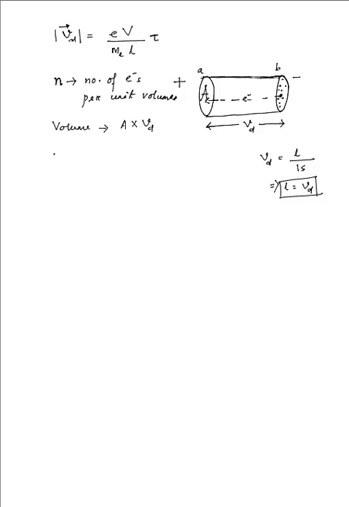So let N, capital N, be the total number of electrons that are flowing. So that will be equal to this small n that we had, that is the number of electrons per unit volume, multiplied with the given volume. So that will give me N equals n times the volume being A times Vd, where Vd is obviously the drift speed, and here equal to the length. Now this being the total number of electrons,